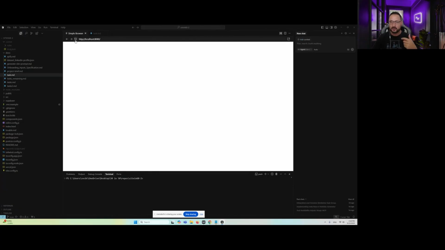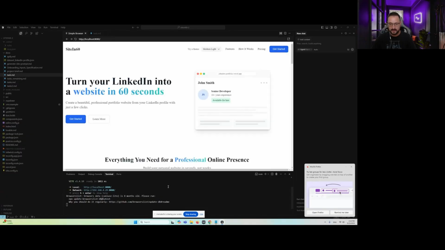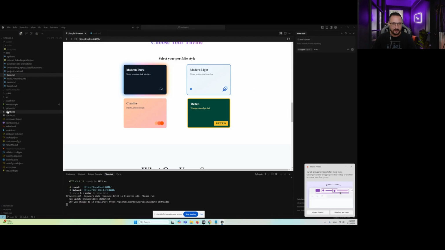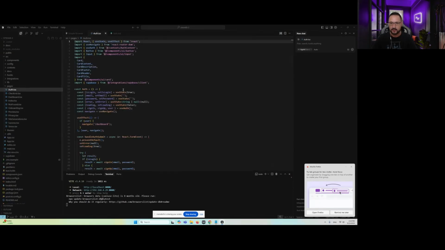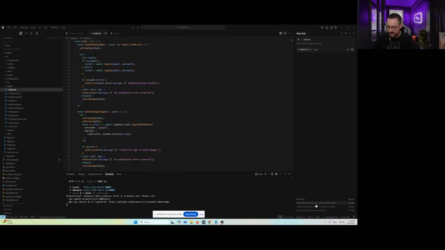You can still load your app in a simple browser and run commands like npm run dev to launch your app and be able to see it in the browser and see what you're building. You can obviously access all the files, the code, everything that you would need on this side of the panel. So in general, it's a tool that gives you full access to the code base, gives you a terminal to run commands, a tool that has an agent